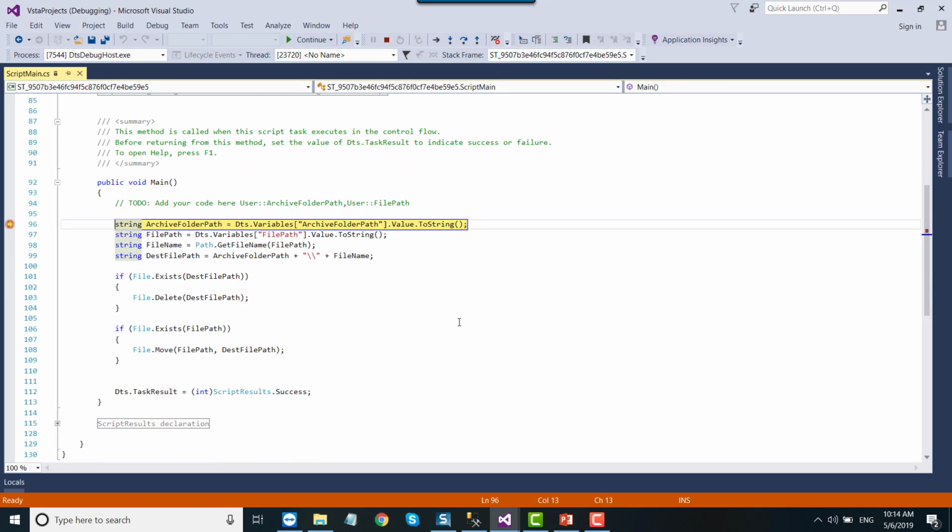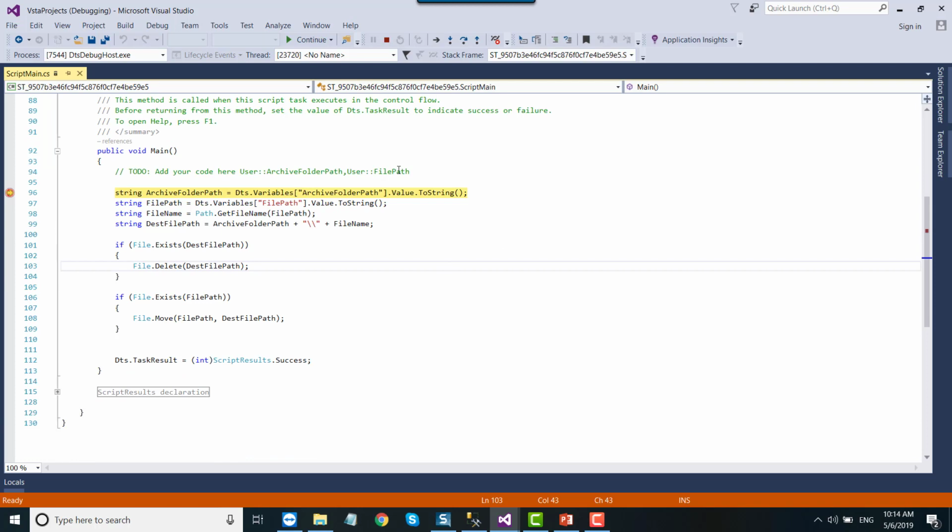Alright, so it has opened the script, and now to move further we can click on this one, step over, or you can press the F10 key on your keyboard. I will be clicking here so that you can see it. So let's step over. Now you can see that the value under archive folder path is C files archive folder. This is the path of the archive folder. Step over, and then this is the complete file path. Step over, and then the file name is customer_1.csv.